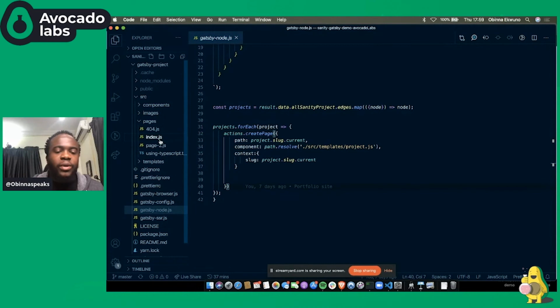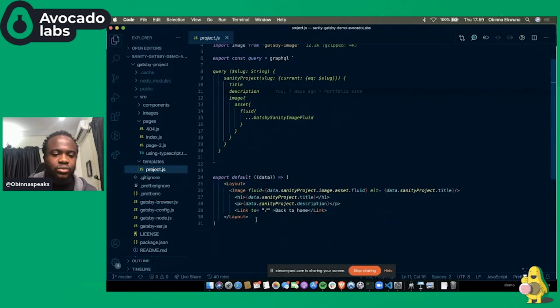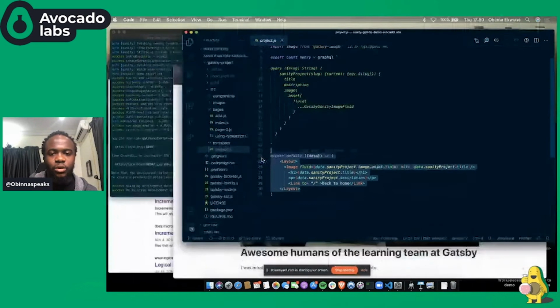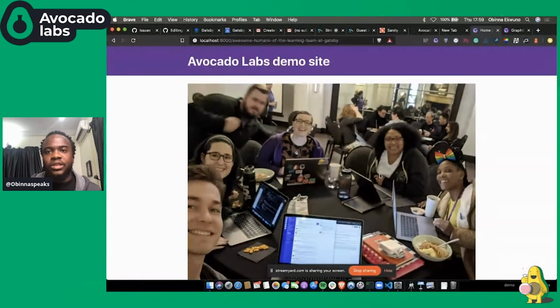So I would really love to do a whole demo of this, but I'm just trying to show you the idea of how Gatsby sources for stuff. And then we can see here where I just use the slug that I pass from the context, and then just pass it into the... So this is what brings up this. I will try to do maybe a talk somewhere where I really just build this out,